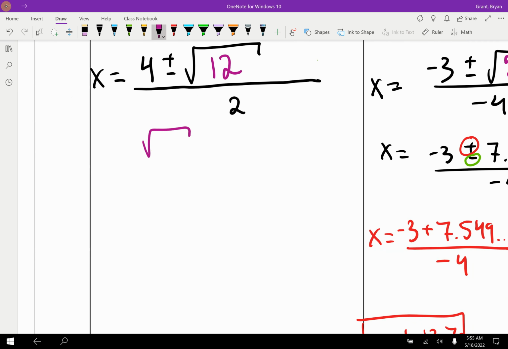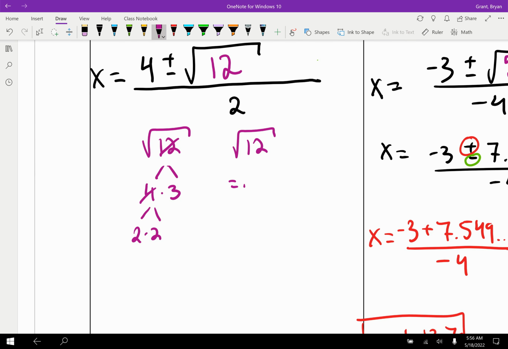Do you remember that? Square root of 12, and then we break it down. You can break it down any way. I'm thinking 4 times 3, and then 2 times 2. Okay. Now, the other way, of course, to break down the square root of 12, the way that I prefer,